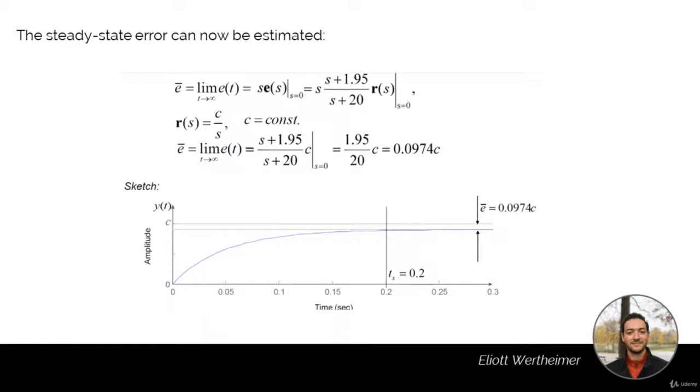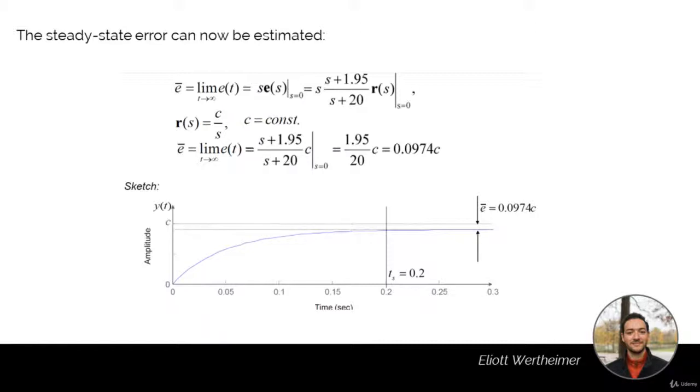So eventually, you get that the limit of the error with respect to time as time goes to infinity is equal to (s plus 1.95) divided by (s plus 20) multiplied by the constant C, because the two other s's that were present before cancelled out, and all this as s goes to 0. So s going to 0 means that you can get rid of the s. You get that the limit is equal to 1.95 divided by 20 multiplied by C,